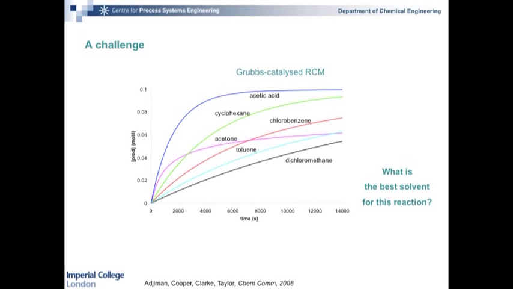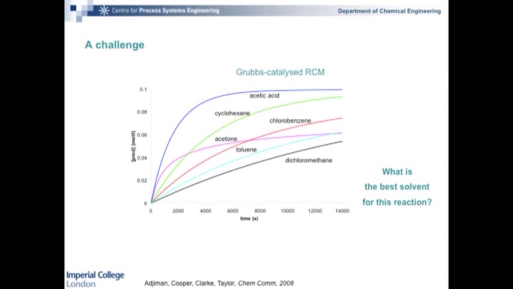And this took quite a lot of effort, but here are the results that we got in terms of the impact of the solvent. So what you have here is the concentration of the product as a function of time for different solvents. And you can see very striking differences. So if you take, for example, acetone, which is the pink solvent here, you can see that things start off really well, and the reaction proceeds very fast, and then it tapers off. And what's happening here is that the catalyst is being deactivated in acetone. And so there's only so much of a reaction that can proceed before it stops completely, and there is no catalyst left.